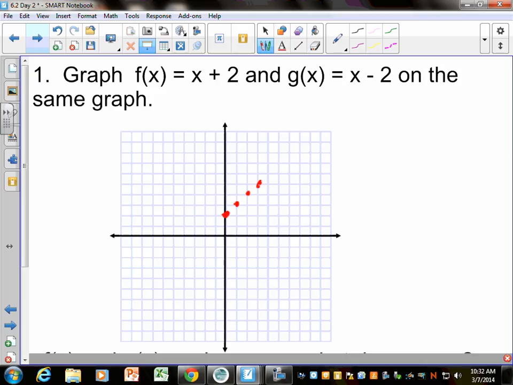A y-intercept of 2, a slope of 1. This would be x plus 2. X minus 2 would be a y-intercept of negative 2 and also a slope of 1. They're kind of silly ones to graph, but